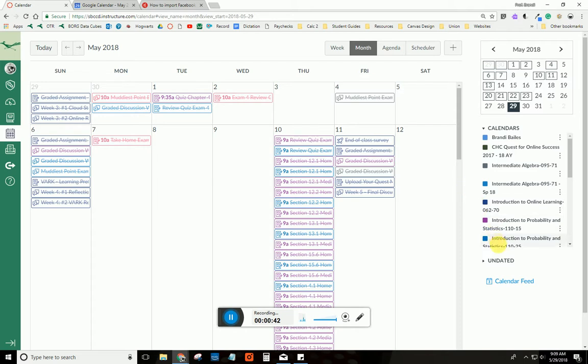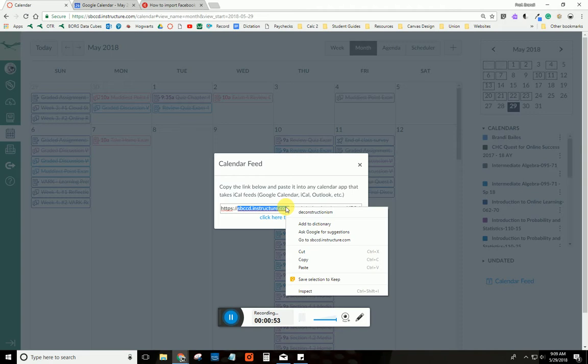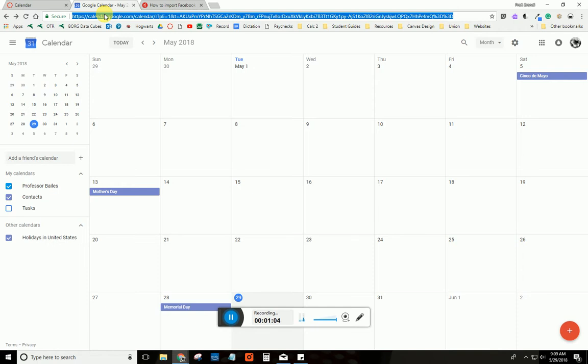Down here on the right-hand side, I see Calendar Feed, and I'm going to select that calendar feed. It gives me this link. I need this link, so what I'm going to do is right-click, highlight it all, and then right-click and copy. Next step would be to go to my calendar, so I'm going to go to